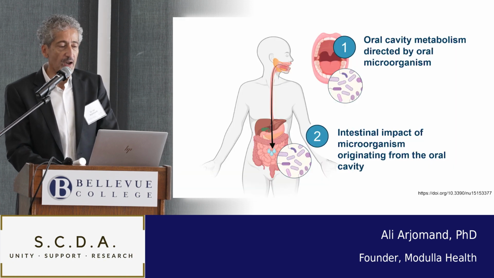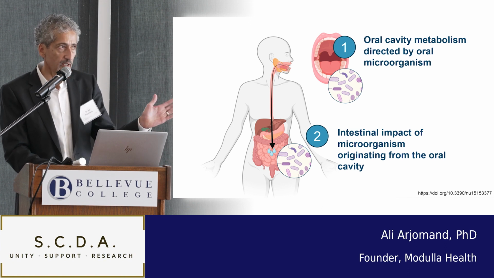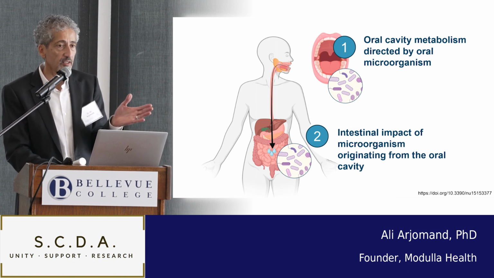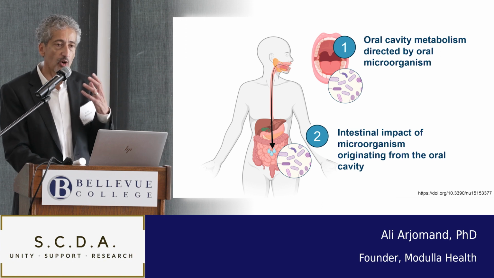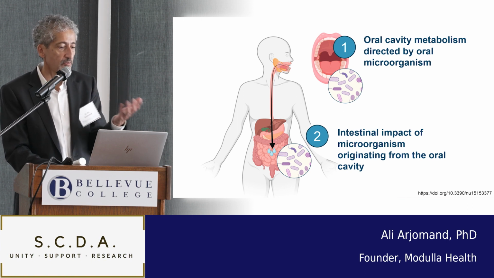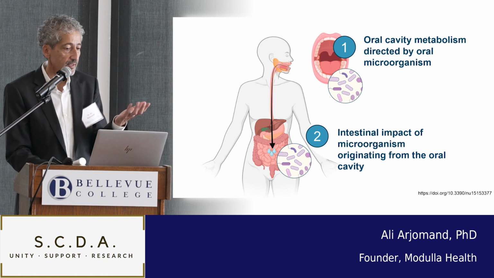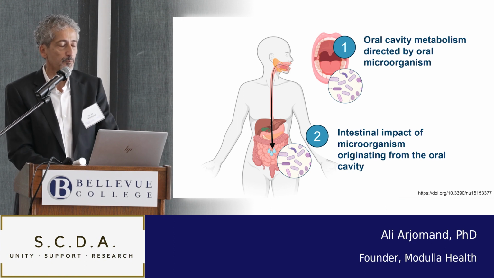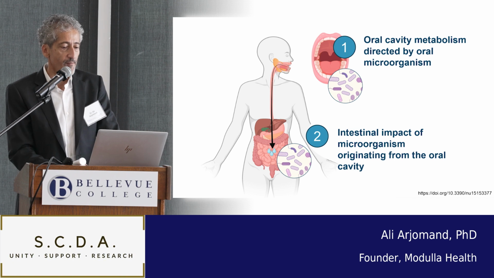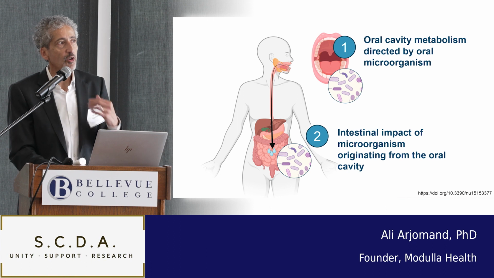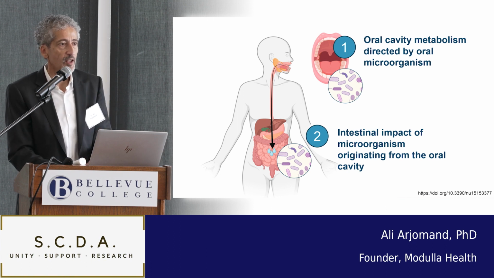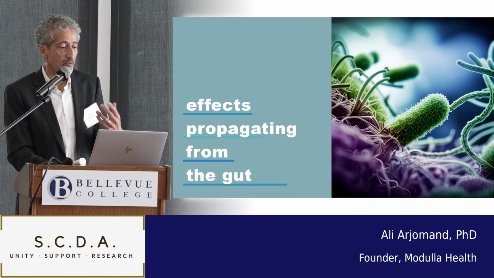All right, so that was a little bit of a side story of nitric oxide, but it gives you a really good example of what's going on in the mouth, the microbes, a very well-defined pathway affecting not just blood pressure systemically, but other things involved in nitric oxide metabolism, acting as an immunosuppressant, acting as an anti-infective agent. So now let's talk about number 2. What happens when the microbes in the mouth get distributed elsewhere? This is now not a local effect, but an effect through the gut.